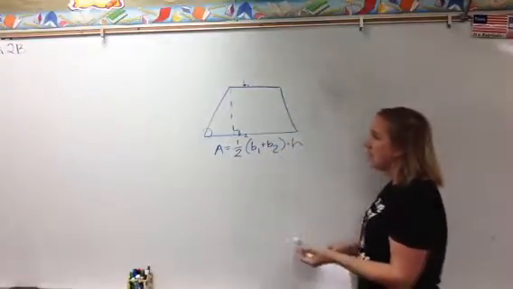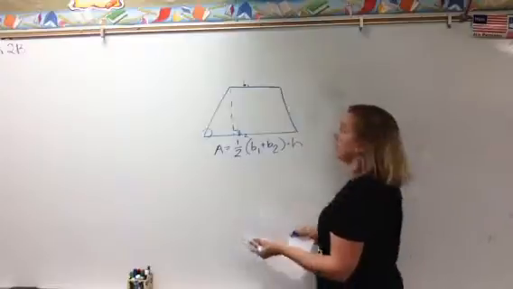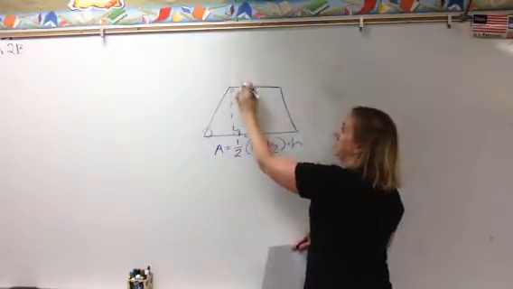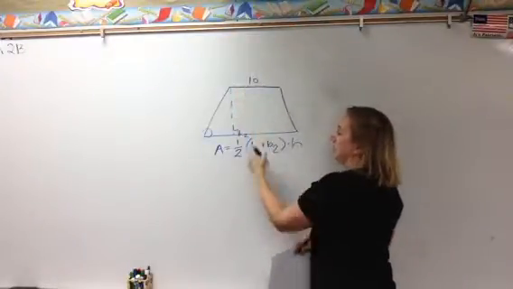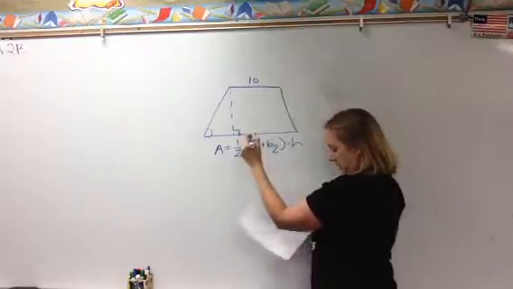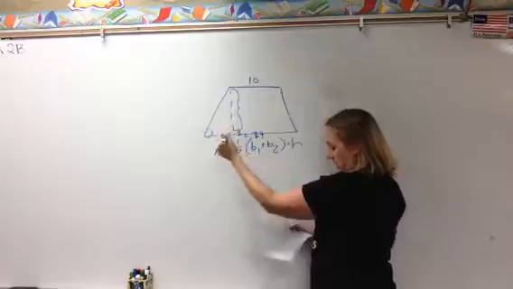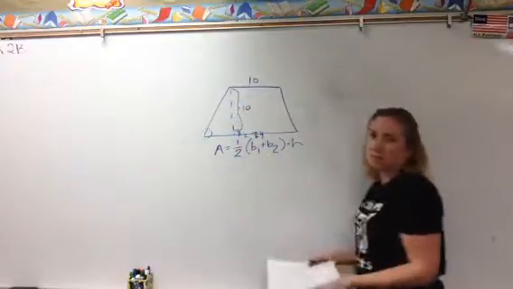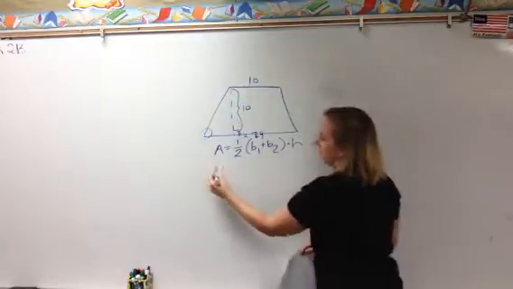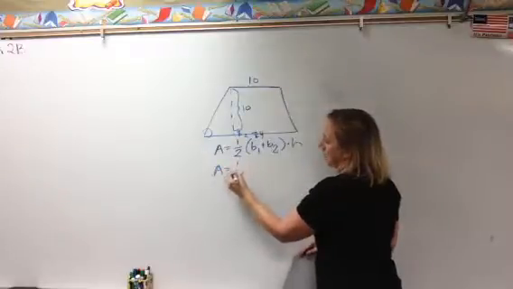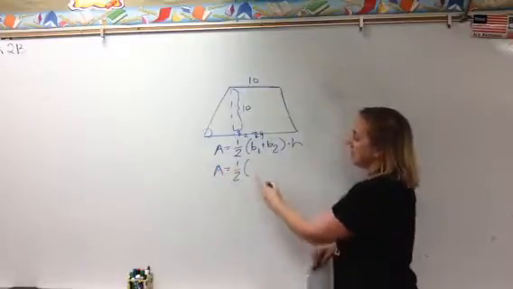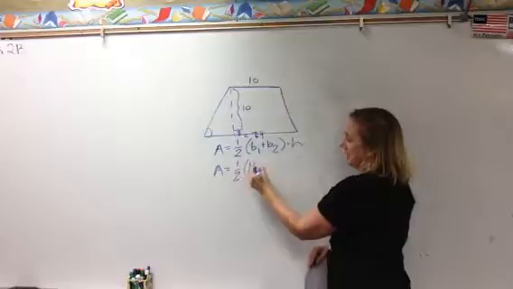That was fun. Now at this point we need to fill in some numbers. We're going to say that our first base is 10. Our second base is, what do I want to say, 24. And we're going to say that our height is also 10. We'll say centimeters. So its area equals 1/2 times our first base, which is 10,